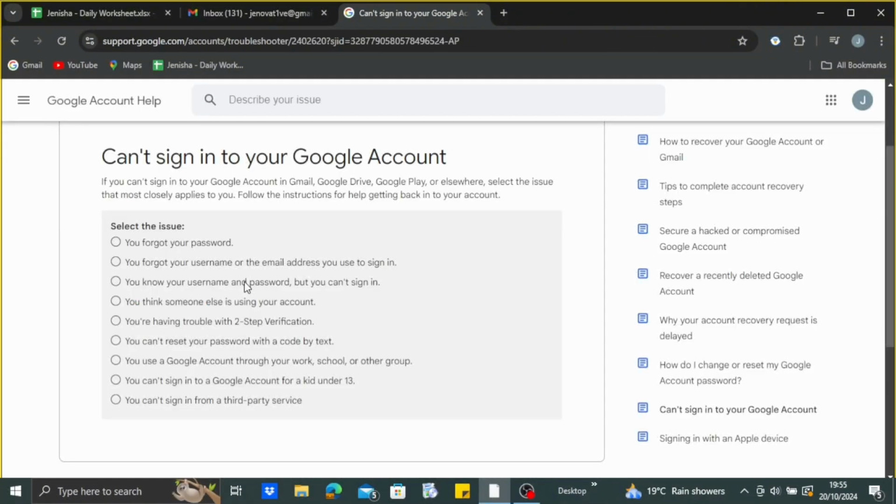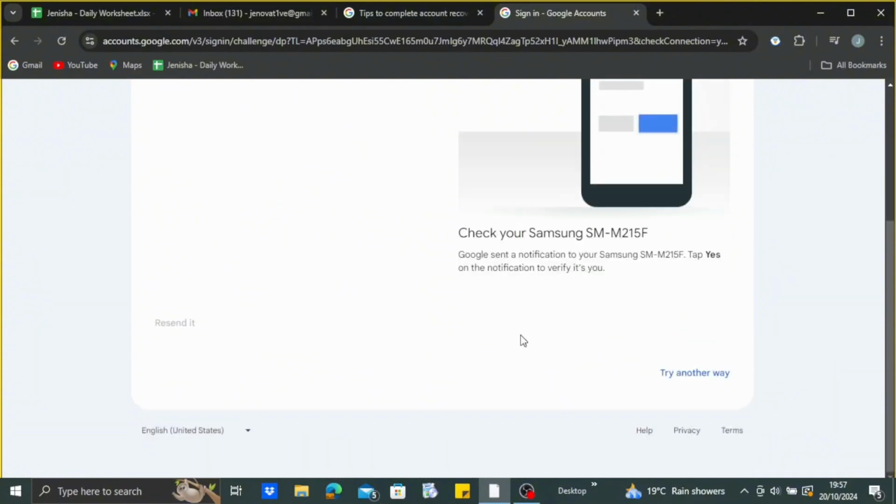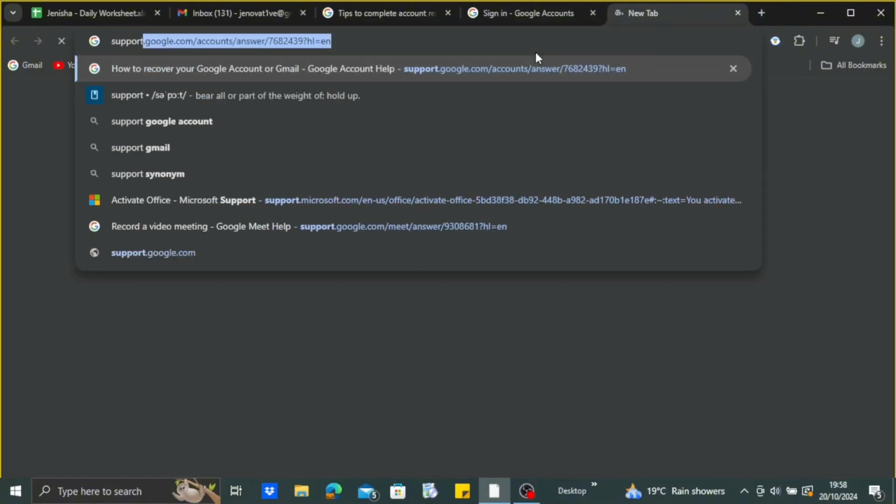After that, choose the reason why you can't sign in to your Google account. Just tap on "I forgot my password" and tap on next. After that, you need to enter your email, and if you are logged in on any other device, you may just tap on "Yes, it's me" and you will be directly redirected into your Gmail on your PC. But if you can't recover your account using another device, you may just go to support.google.com